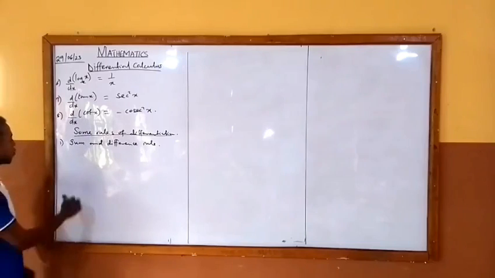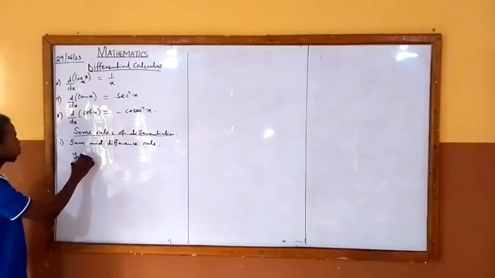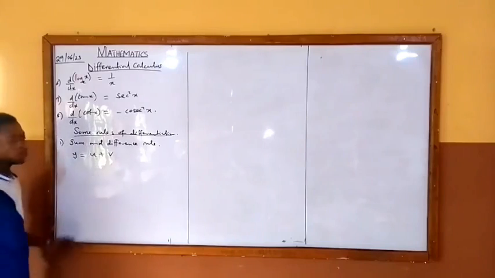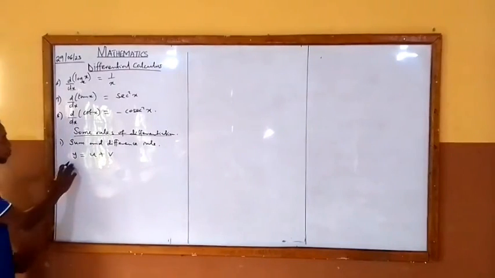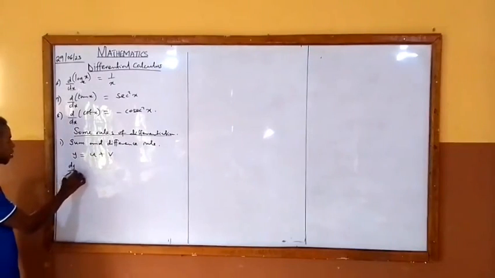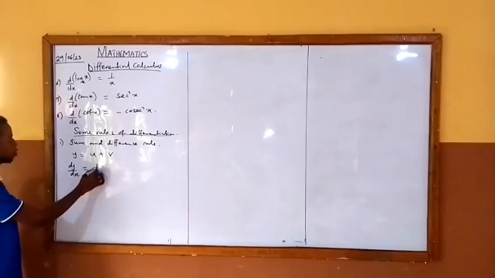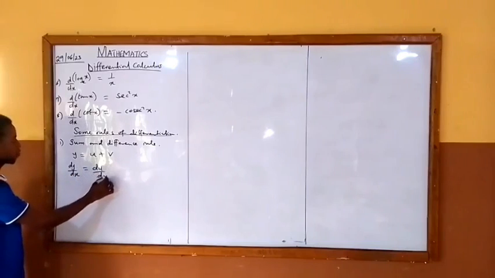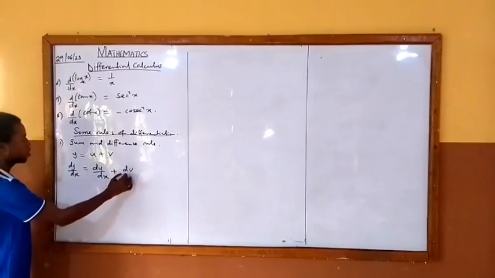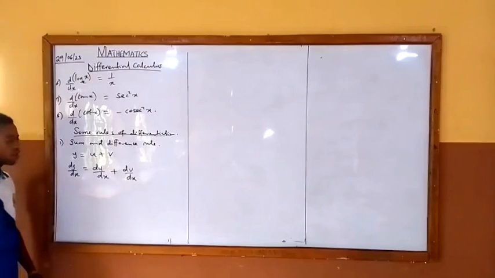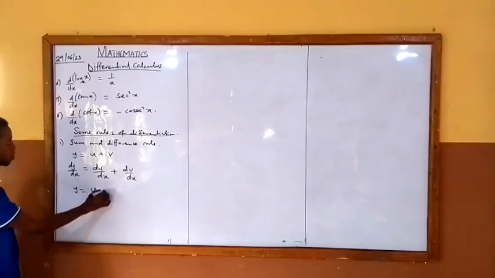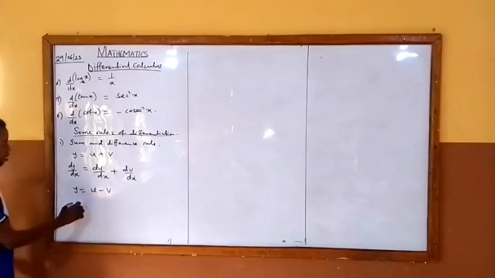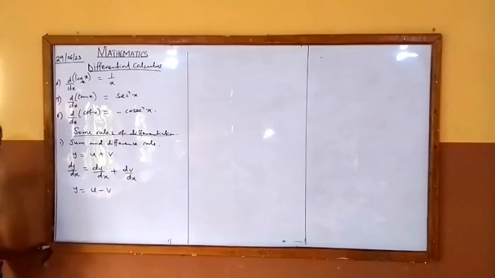So any function of the form y equals u plus v, where u and v are both functions of x, the derivative of y with respect to x, dy/dx, will simply be du/dx plus dv/dx. And in the same way, if the function is subtraction, that is y equals u minus v, where u and v are both functions of x,